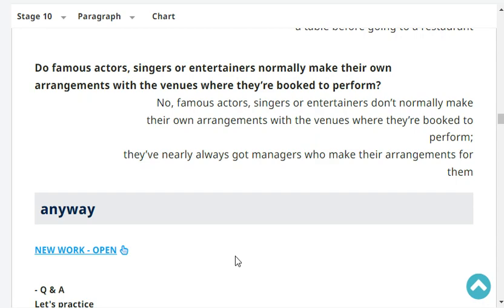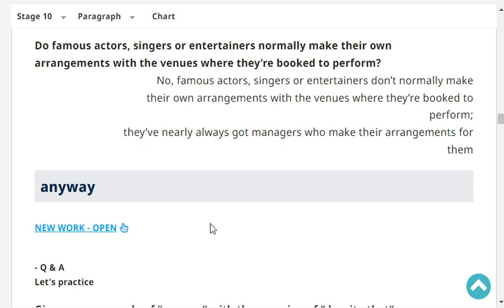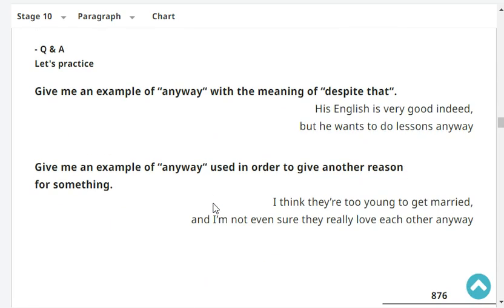They nearly always got managers who make arrangements for them.